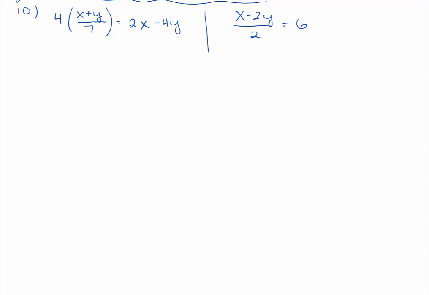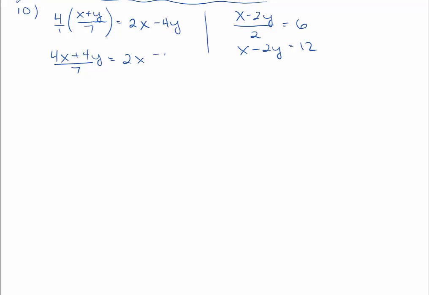So I'm just going to do that first, and I'm going to multiply both sides by 2. So I get x minus 2y equals 6 times 2 is 12. And then on the right, as we saw in the previous problem, I'm going to put that over 1 and distribute that through, and that becomes 4x. So 4 times x is 4x, 4 times y is plus 4y, all over, we still have the denominator of 7, equals 2x